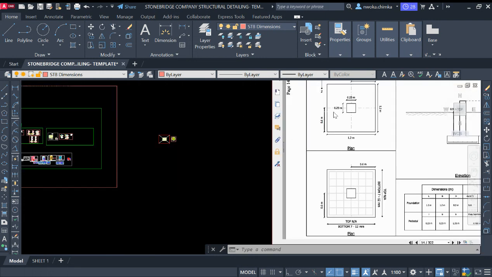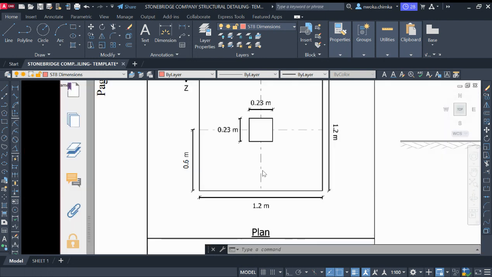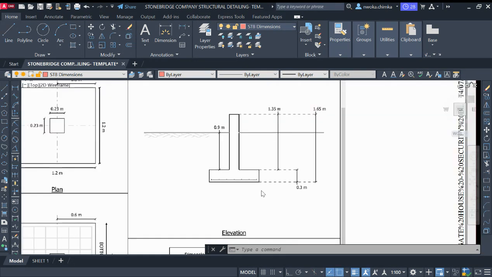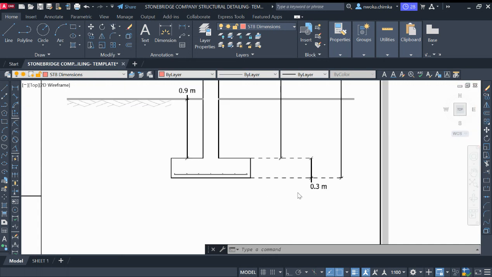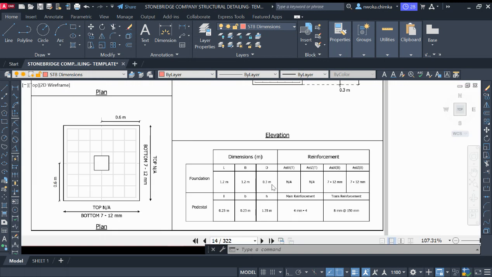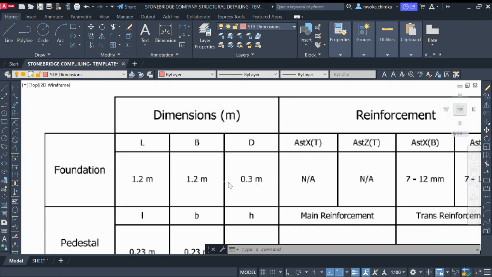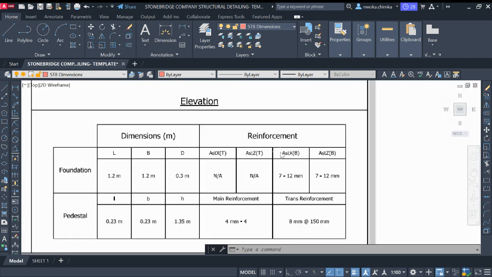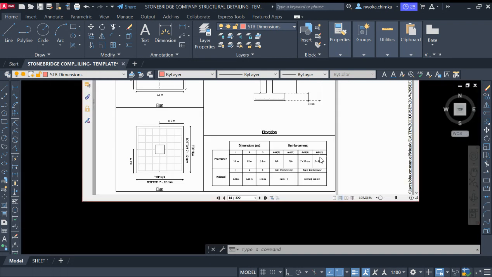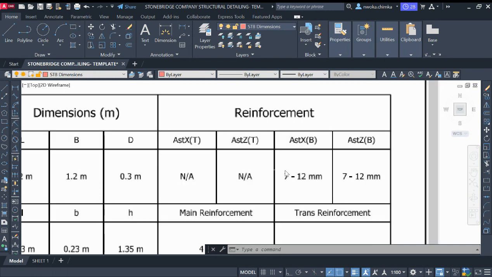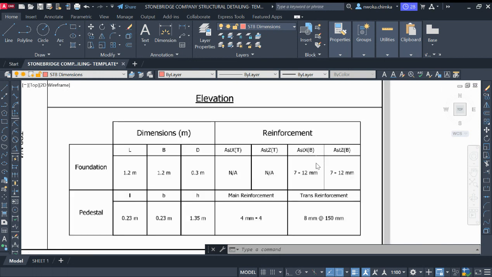And from our design report, we have our foundation footing size to be 1.2 by 1.2 meters, with a depth of 0.3 meters, which is 300 millimeters. If you look at this table, you can see that we have only one type of footing size, which is 1.2 meters in length by 1.2 meters in width, and a depth of 300 millimeters or 0.3 meters. And these are also the reinforcements, whose parameters and values we will take from here when we begin the foundation detail of the layout that we are about to produce, to now detail